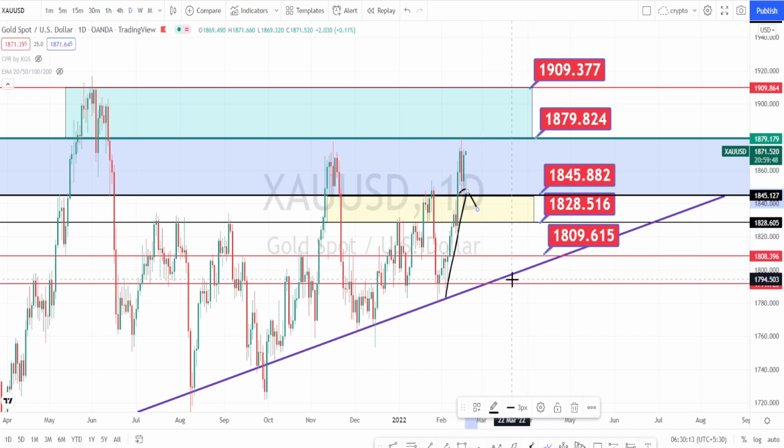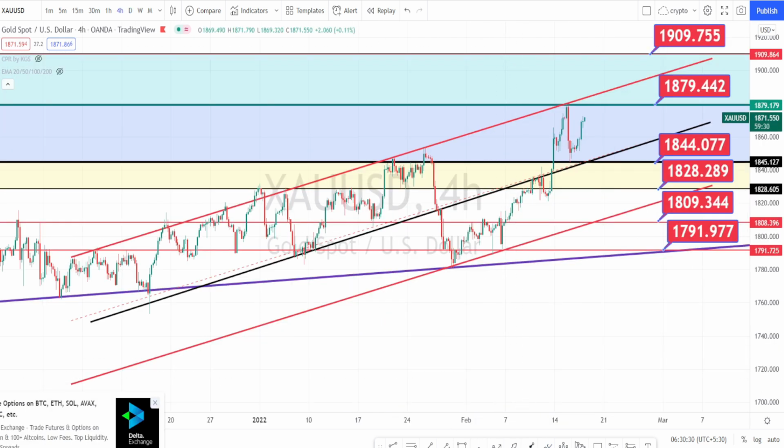Let us do the analysis in the 4 hours time frame. I'm in the 4 hours time frame now. Here I have drawn a bullish channel pattern where the price got rejected every time it tested this resistance line over here, and currently also when we notice the price action, it got rejected at the price level of 1879 and a bearish trend reversal happened and it took support on the support level of 1844,